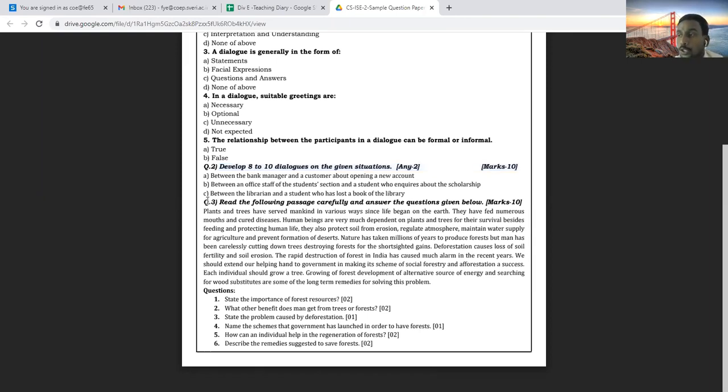Then question number 3 is based on unit number 4, that is reading comprehension. So what is reading comprehension? In reading comprehension, you will be given one unseen passage. You have to read that passage carefully, and then attempt the questions which are based on this passage. Here you will get 6 questions for 10 marks, and if you answer all of them correctly, you are going to get 10 out of 10. Whether you have to write answers or whether they will be MCQ for question number 3, I will let you know afterwards.